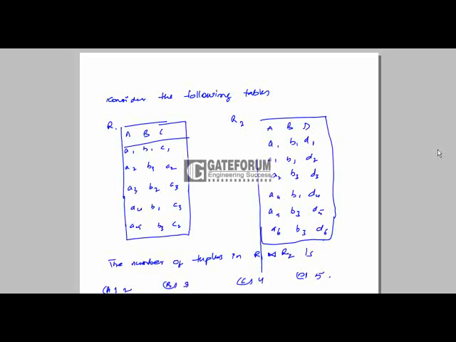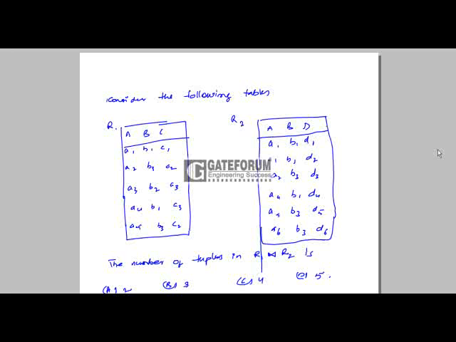Here in this question, two tables R1 and R2 are given, and we have to find the number of tuples in R1 natural join R2. Whenever natural join between two tables is performed, the comparison will be made. The comparison on the attributes which are common in both the tables is made, and the tuples which are equal